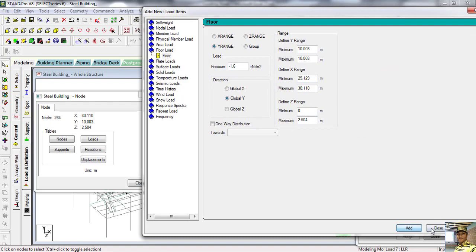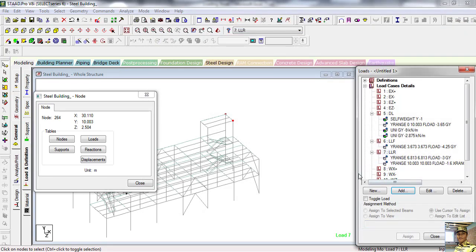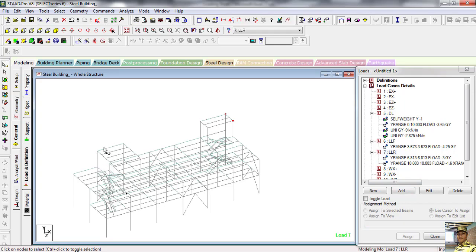Now add, close. Same way we'll define this load.